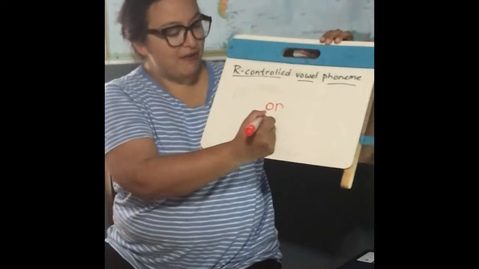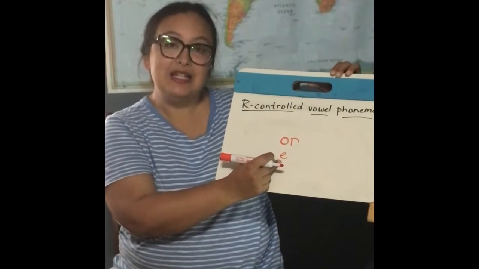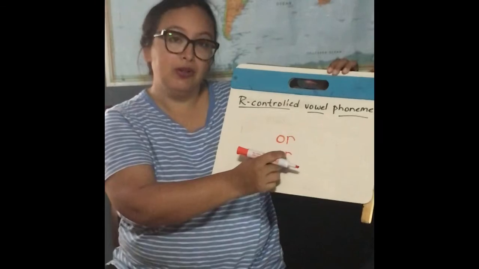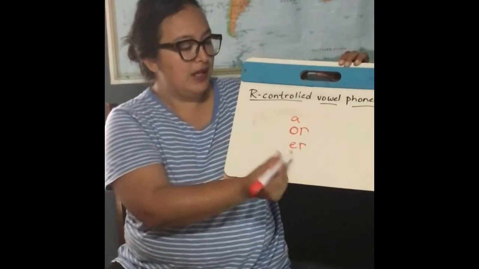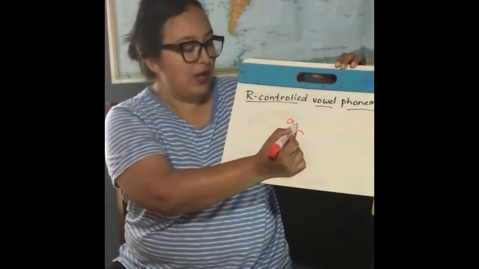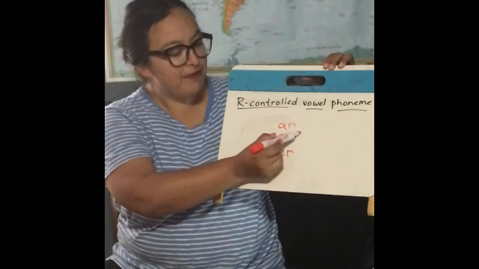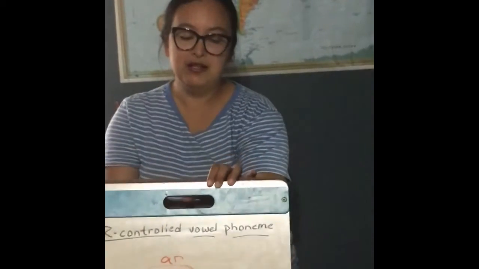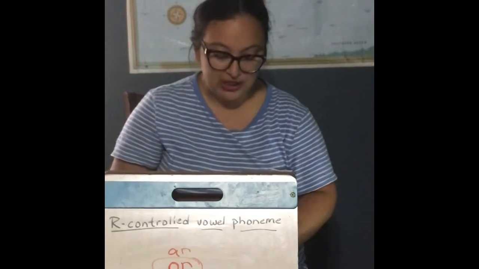And you had some other vowel sounds like E, when you add the R after it, it becomes er. And same with A. It's not A anymore. When you add the R, it becomes ar. So today we're going to focus on the or sound. And when you hear that or sound in a word, it changes